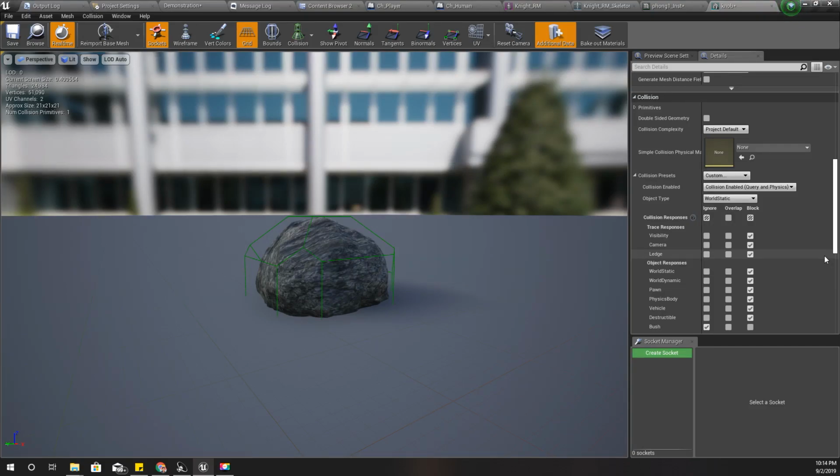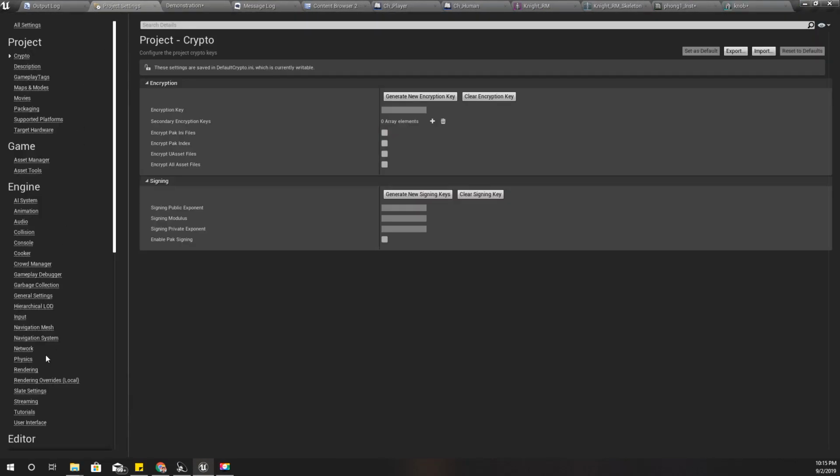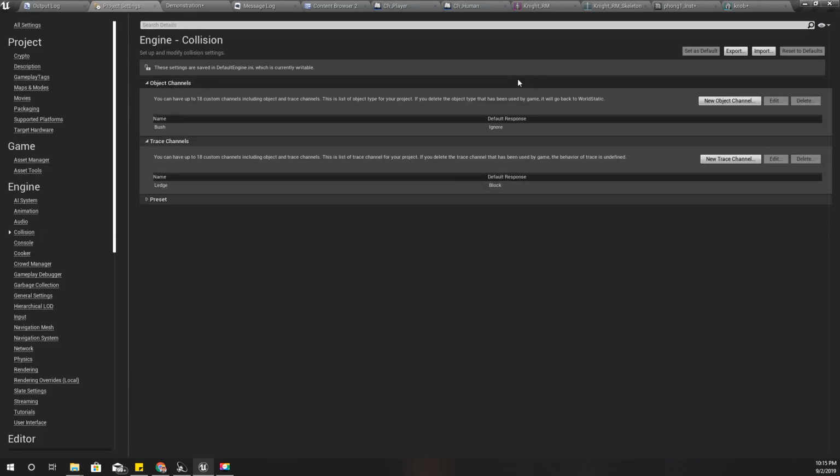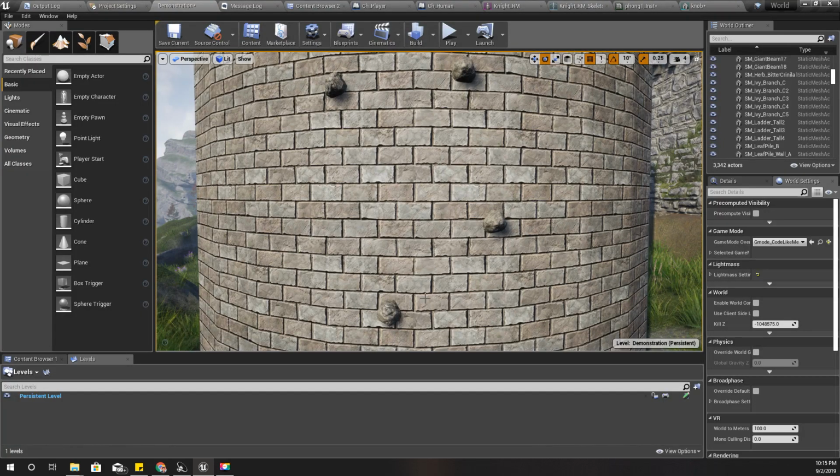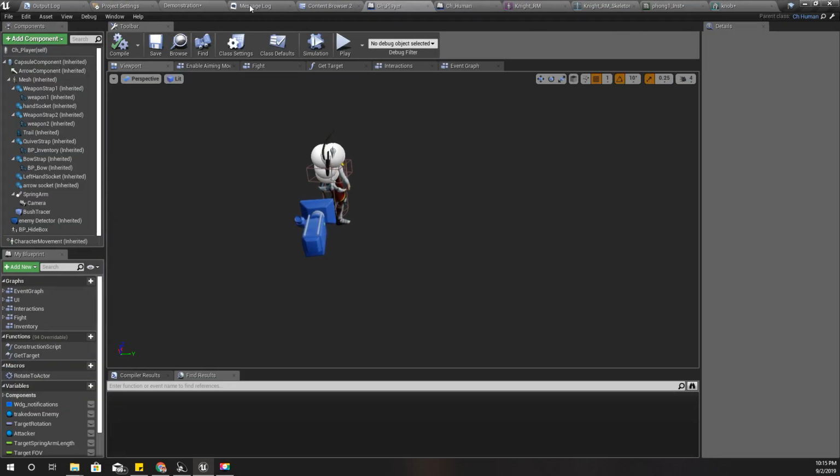Okay, it has collisions, and let's see. Right, I think I need another collision channel. New trace channel, I'll call it knob, and the default response should be ignore. Save. Right, and